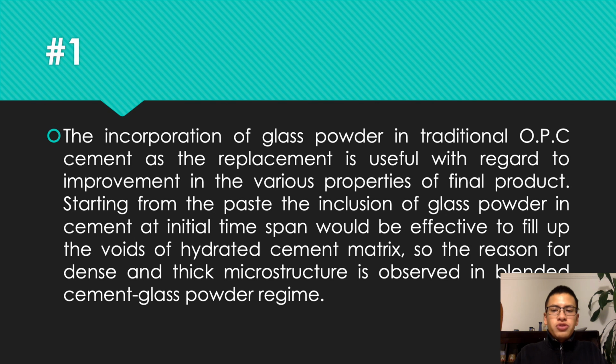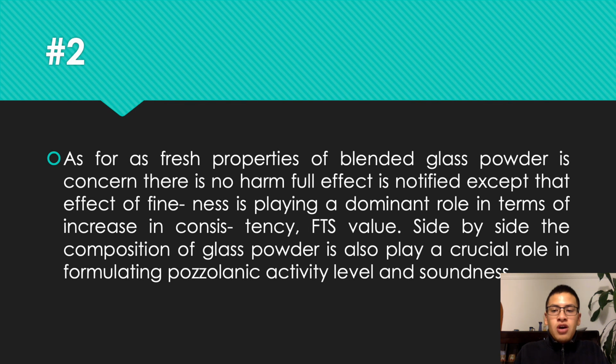In this first conclusion, he told us that the incorporation of glass powder in traditional OPC cement as a substitute is useful to improve the properties of the final product. On the other hand, another important conclusion is the fineness that this glass must have when it is mixed with cement. The particles must be very thin so that they can join and solidify in a consistent and uniform